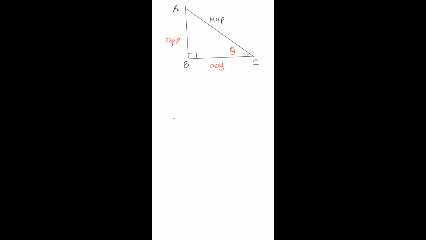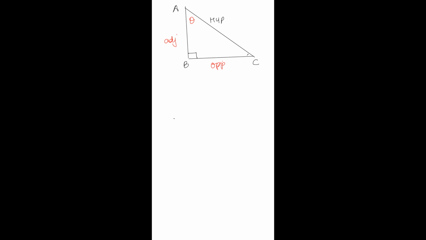Now suppose in the place of C, I pick angle A and I mark it as theta. So theta is a kind of a variable which is fixed for an angle. So from angle A point of view, this time BC would be the opposite, and AB would be the adjacent. Now, what do we understand of this? That opposite and adjacent are never fixed. They keep changing with respect to the acute angle you select.